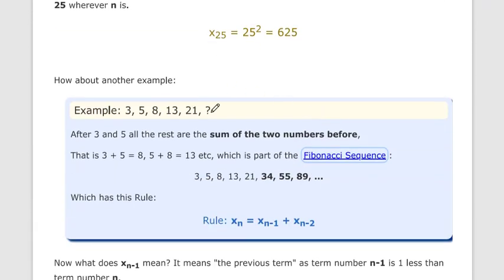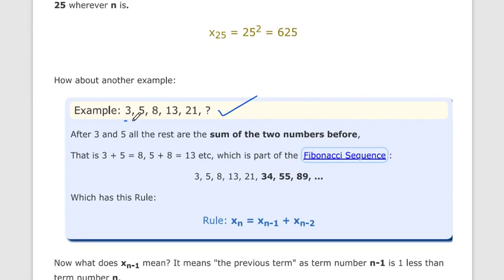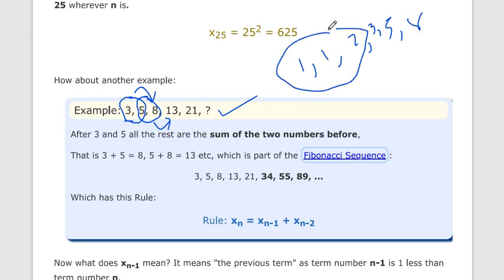Now here is the next example: 3, 5, 8, 13 and 21. You can see that if we add the first two numbers we get the third term. If we add the second and third numbers we get the fourth term. We already know of the Fibonacci series. In the first lecture of this chapter I talked about 1, 1, 2, 3, 5. This is a Fibonacci series, but in this example they have ignored the first three values.